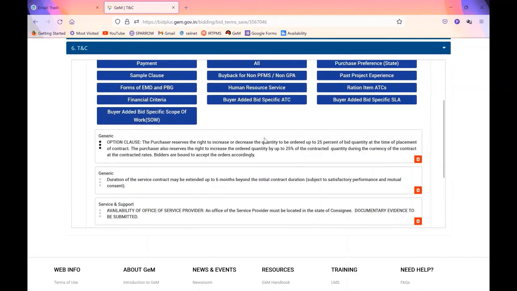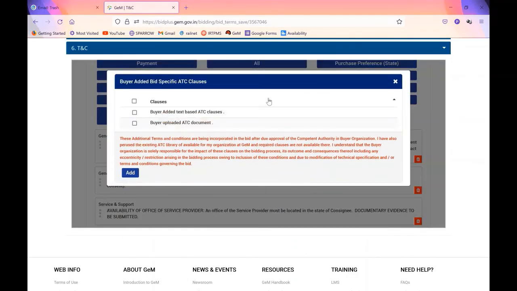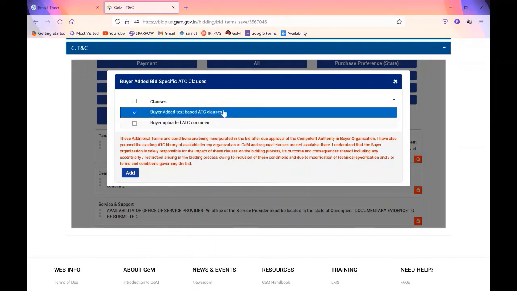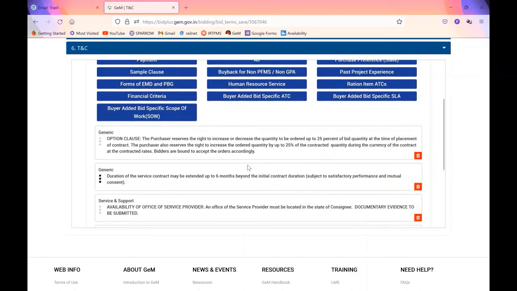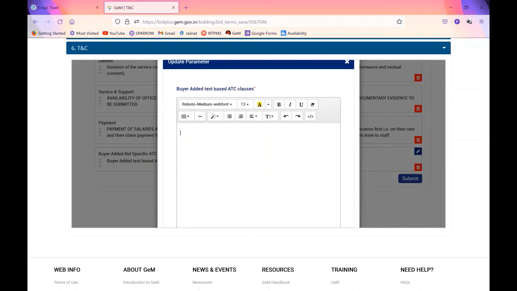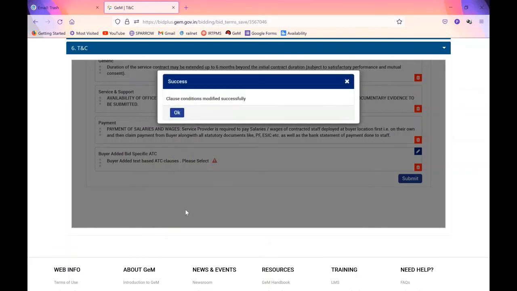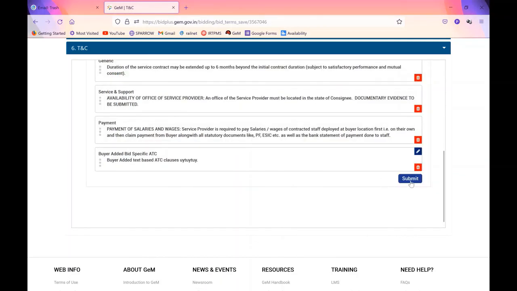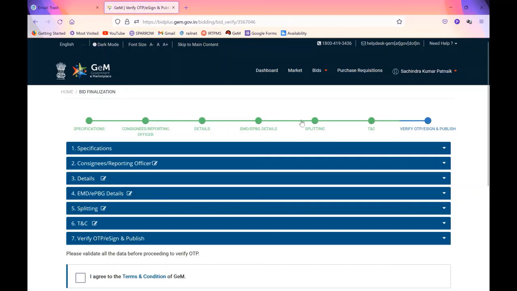Other things which you should add: if you have any buyer specific ATC, you want to put some more clauses, that you can also add here. It can be ATC text based, or you can add a PDF also. Similarly you can put SLA also extra, and scope of work also. In the buyer added text based ATC clause, you can add your clause as you require. So whatever you add, that will be a part of the tender conditions. So now you have finished almost all the